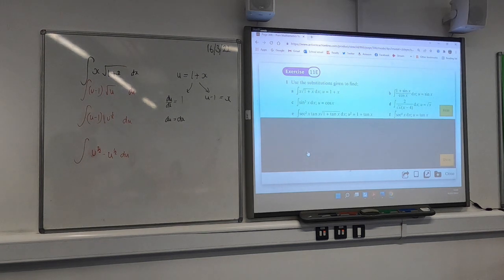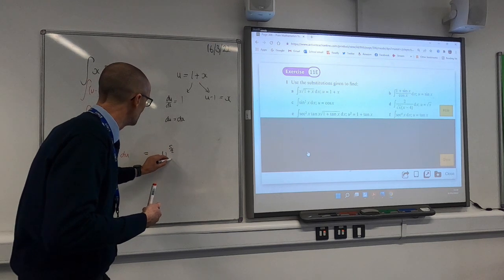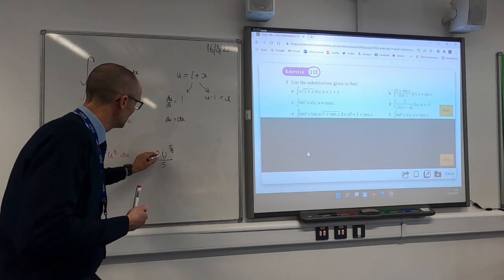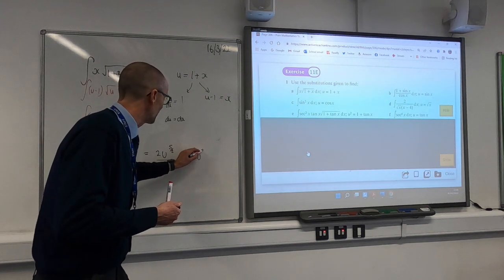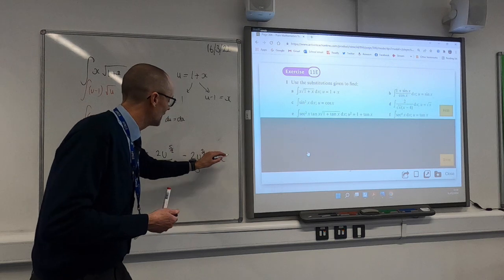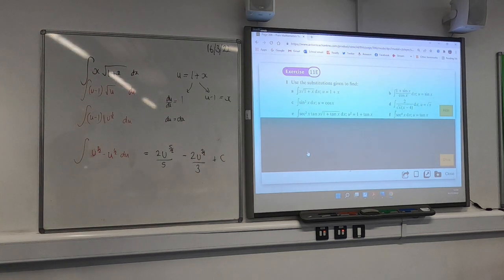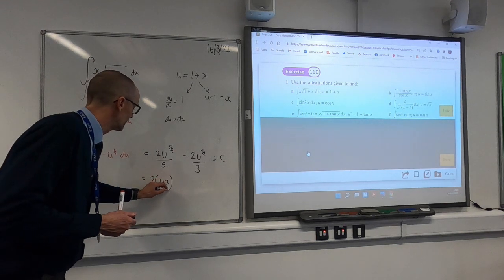Then just going to increase the power by 1 divided by the new power. So that's u to the power of 5 over 2 divided by 5 over 2, which is the same as that. And u to the power of 3 over 2 divided by 3 over 2, which is the same as that. I'm then just going to replace the u with 1 plus x to give me